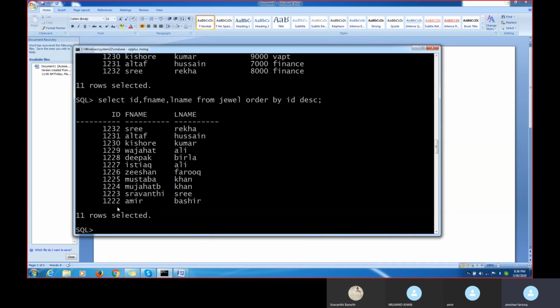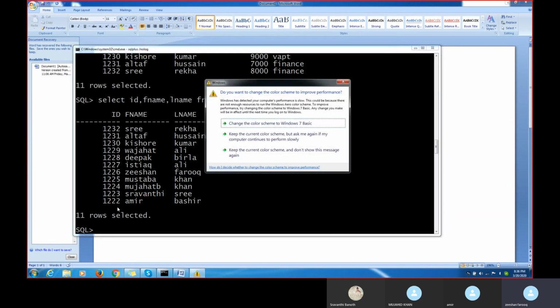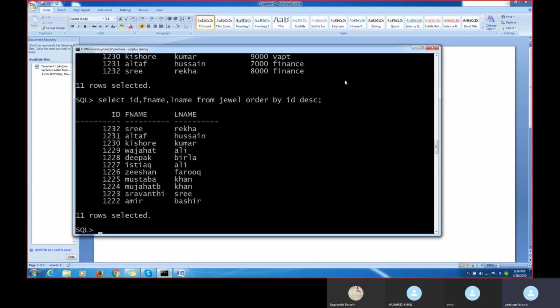So till here we have done this clause and this clause. Any questions you are having? See, I don't want you to get confused. I can write one more query, but don't get more confused now. I'm just putting one query.